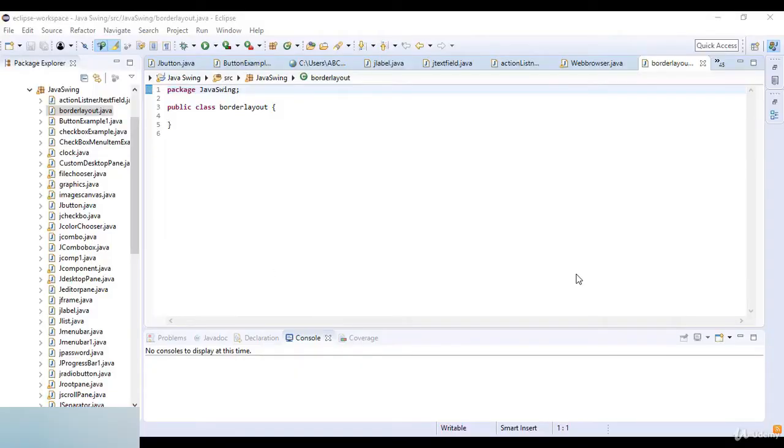Welcome to this lecture. In this lecture, we are going to learn about the border layout managers in Java. Java layout managers are used to arrange the components in a particular manner. LayoutManager is an interface that is implemented by all the classes of the layout manager. There are the following classes that represent the layout manager, such as